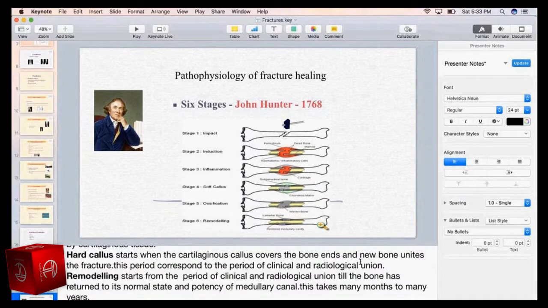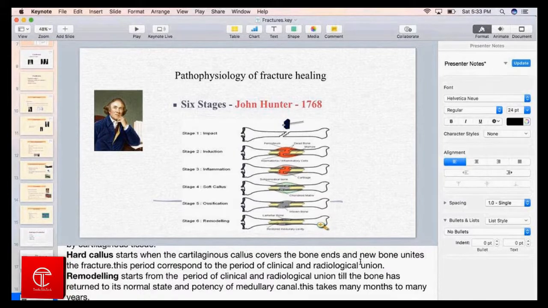That starts from the period of clinical and radiological union until the bone has returned to its normal state and patency of the medullary canal. After the union, there will be a good amount of callus outside the bone and in the medullary canal. So during remodeling, the osteoclast